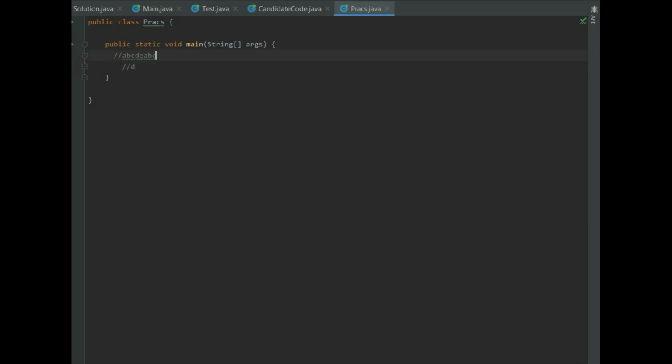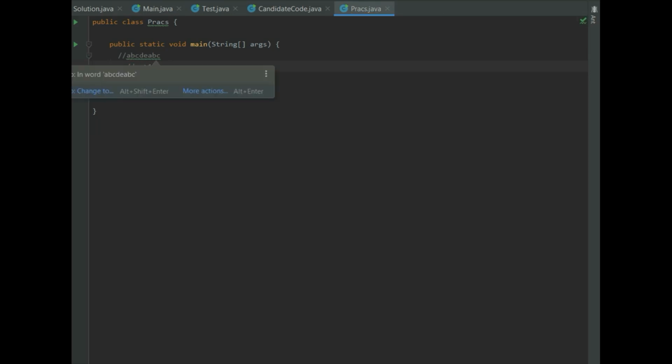Suppose I have this string. I'll take each and every character, like A having count 1, and then the next character is B. Initially the count of B will also be 1. Similarly, I have character C, the count initially will be 1. Then I have D, the count is 1. Then I have E, again the count is 1.